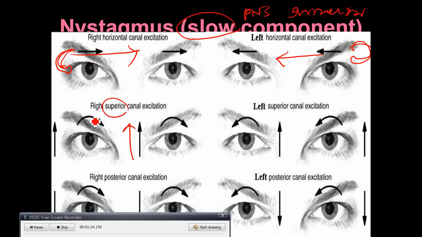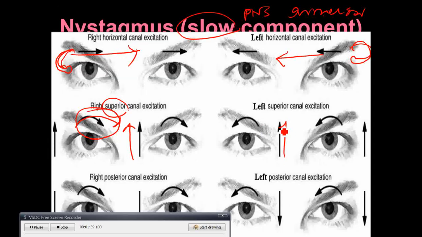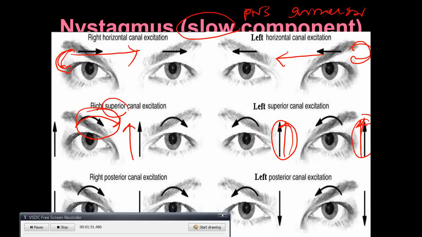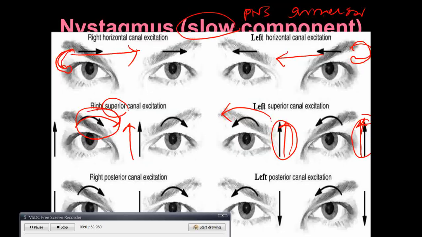If the right side superior semicircular canal is stimulated, it goes clockwise. So in the peripheral nervous system, the right side is clockwise. In the central nervous system, the right side is anti-clockwise. Once again, if you take the left side superior semicircular canal, same as the right, it is stimulated and moves upwards, whereas the central nervous system correction comes downwards. So when it is anti-clockwise on the left side, we have clockwise correction on the right side.